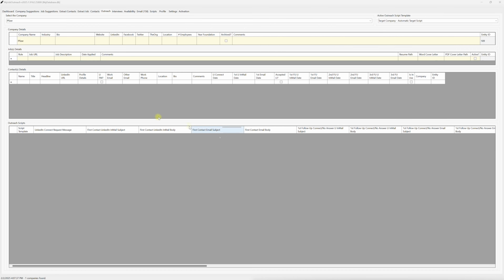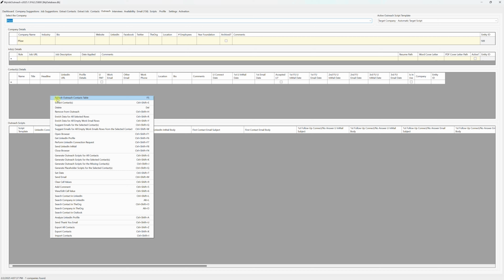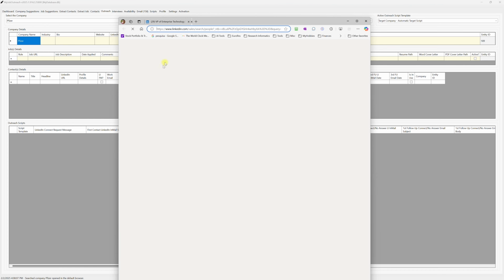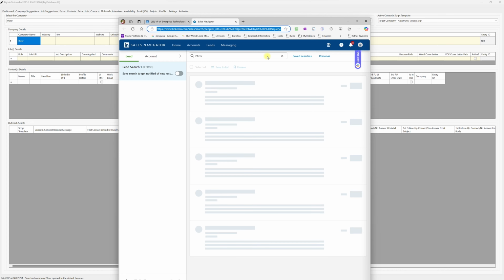Now, once the company is added, I have two options for adding contacts. I can manually enter each contact one by one, or I can use this powerful extract contacts feature, which allows me to simply copy and paste contacts from sources like LinkedIn Sales Navigator or any other source. Let's see an example. With Pfizer, I'm going to open this company link page. What this is going to do is, in my browser, open, as you could just see here, a new tab